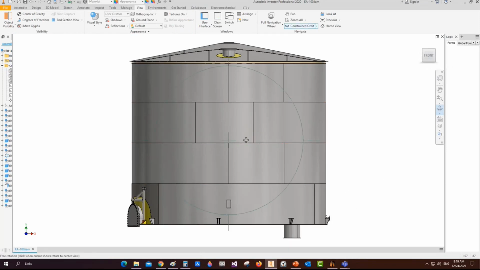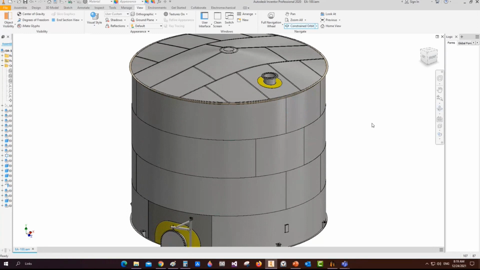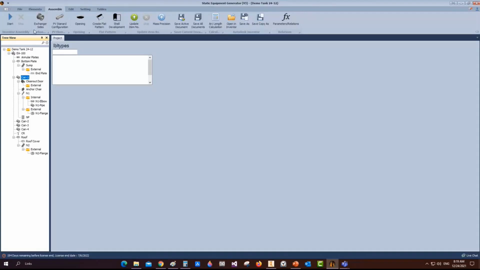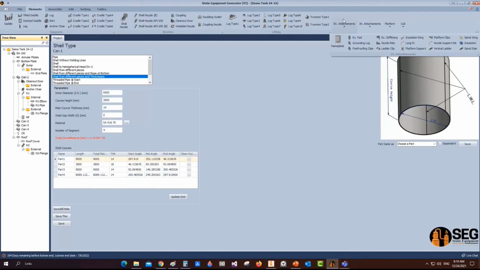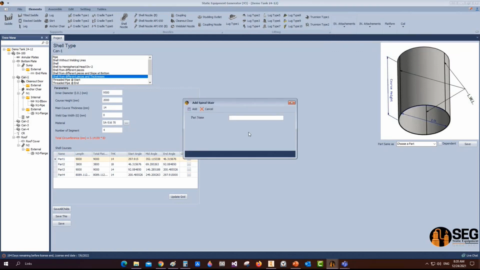Okay, now let's add the spiral stair for this storage tank. So let's select can one, and from here let's select the external connections, and from the external attachments you can figure that you have the ability to add many different types, like external reinforcing pad, grounding, fireproofing clips, stiffening rings, nozzle support, ladder clips, insulation rings, platform supports, many different options. We will select the spiral stair,